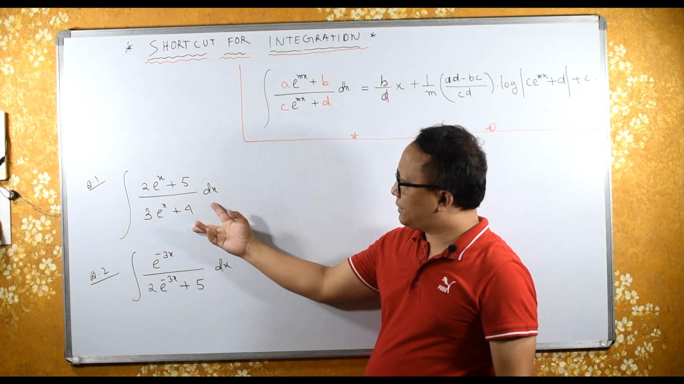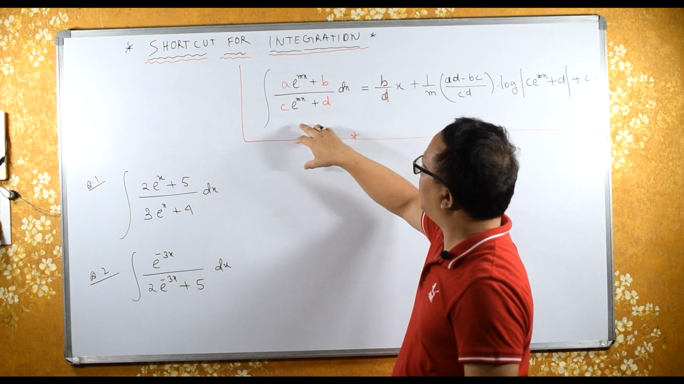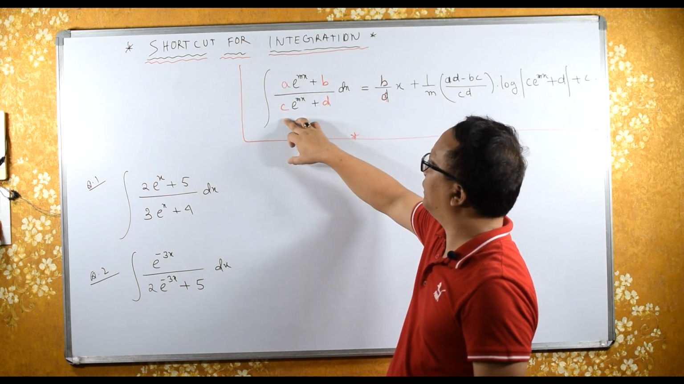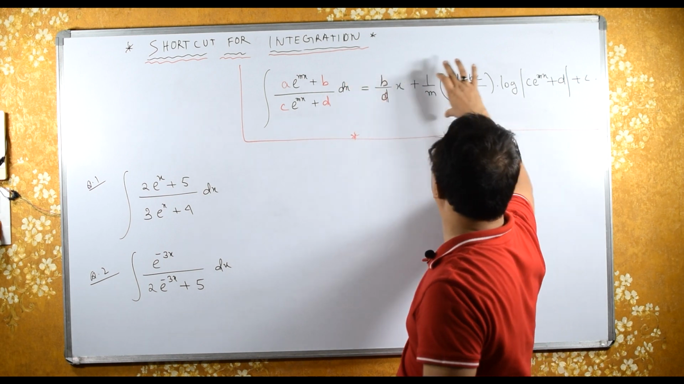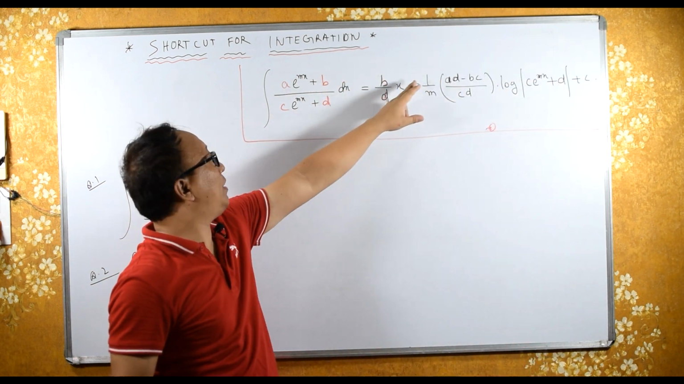For this type of integration, the shortcut way is this formula. The integral of a raised to e^(mx) + b upon c into e^(mx) + d is given by this formula. How to remember? b upon d into x,